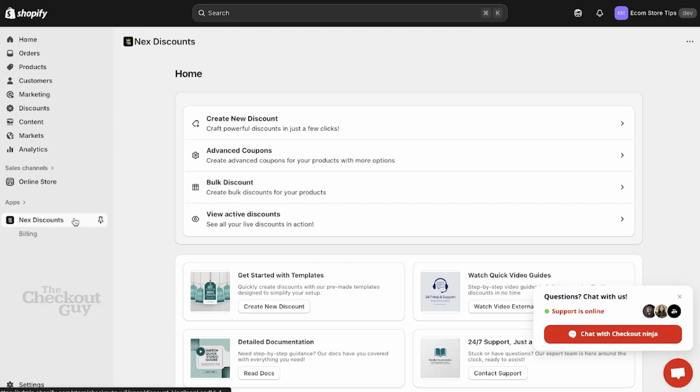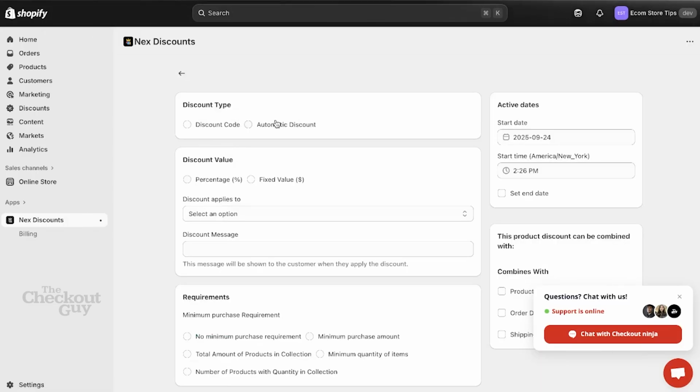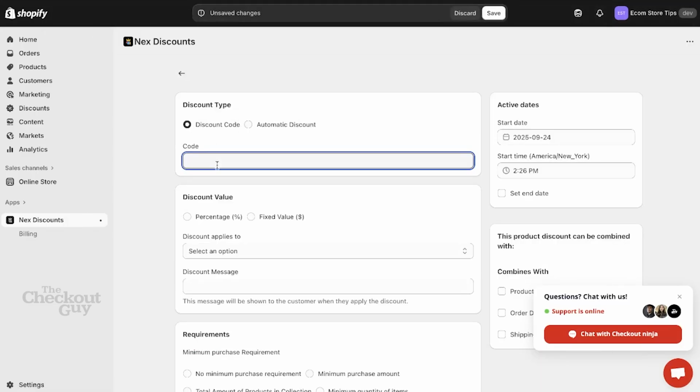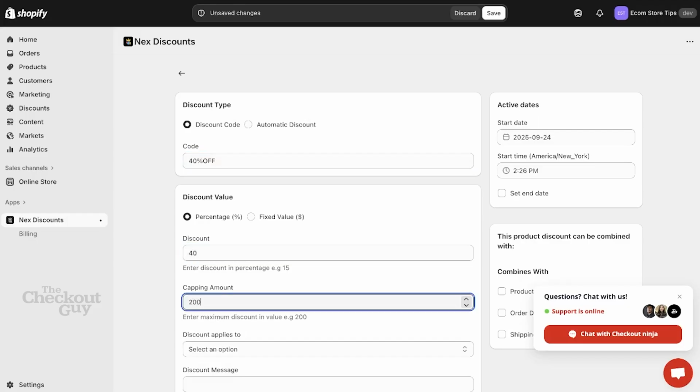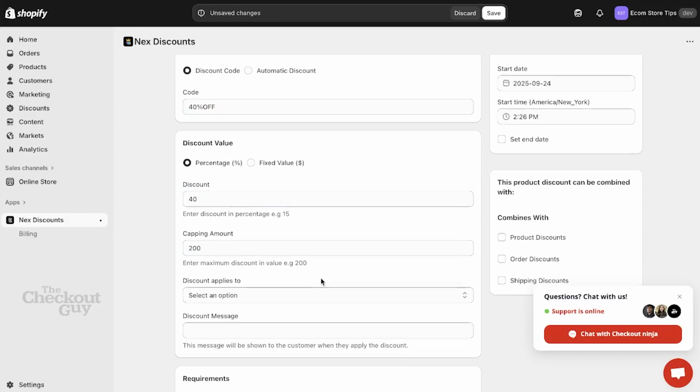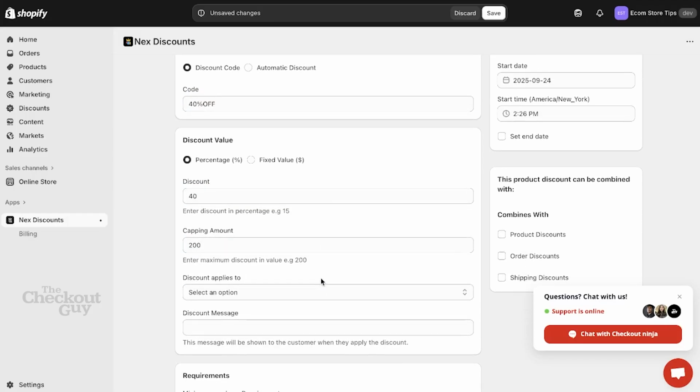After installing it, open the app from the Shopify admin panel and click on Create New Discount. And choose the discount type as discount code. Add any discount code. For now, I'm adding it as 40% off and a cap amount of 200. So this cap amount will make sure that the discount amount will never go beyond 200. Even though 40% of the cart value is higher than 200, our cap amount makes sure that the maximum discount